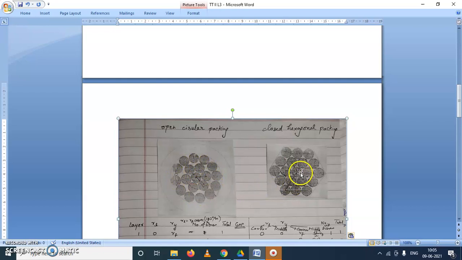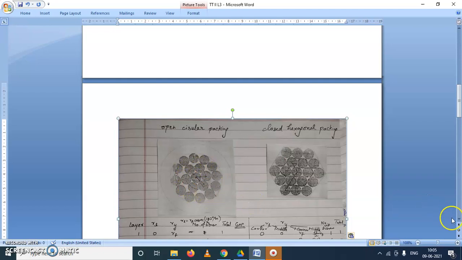Now here it is. This is your first layer. This is your second layer. And this is your third layer. I am showing three layers in the diagrams. I am repeating again. Rf is the radius of fiber. RL is the radius of layer, which is the points joining the centers of the fibers, and Ry, which is the radius of the yarn, is this point.